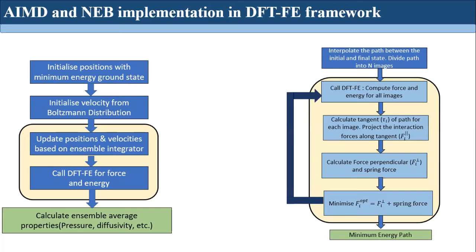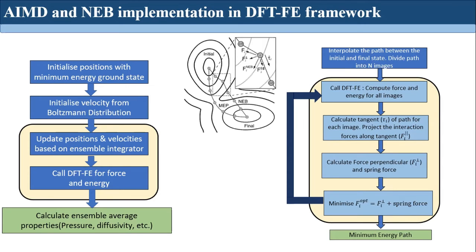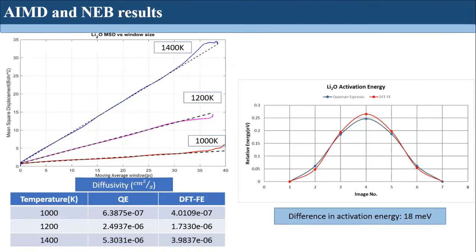The NEB framework is implemented in DFT-FE using a global vector, where we try to optimize a global vector of forces. We assemble the forces, which I call here F_NEB. It is basically the perpendicular force, coming from the component perpendicular to the tangent connecting two reaction coordinate configurations, and the force parallel along the tangent, which comes from the spring force, an imaginary spring that we connect. So DFT-FE computes the forces in a loop, and the loop ends once F perpendicular is close to 0, that is, once we've reached the minimum energy path, from which we can compute the activation energy. We have done benchmarking of lithium oxide,